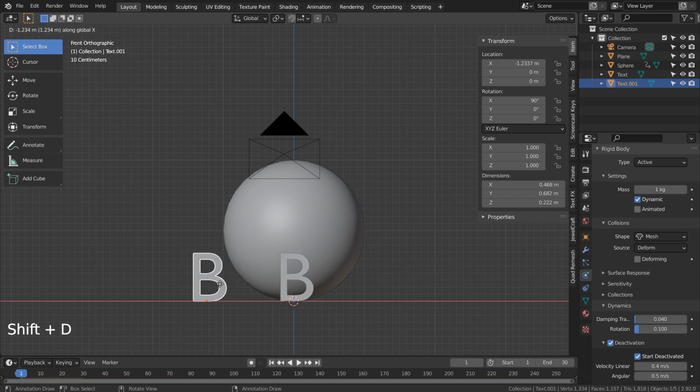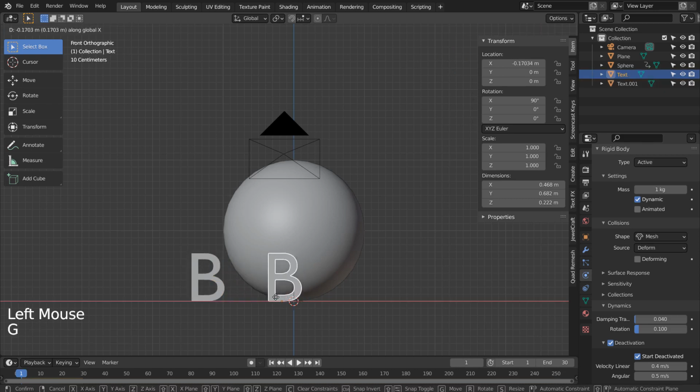When a text object gets converted to mesh, it can no longer be modified.